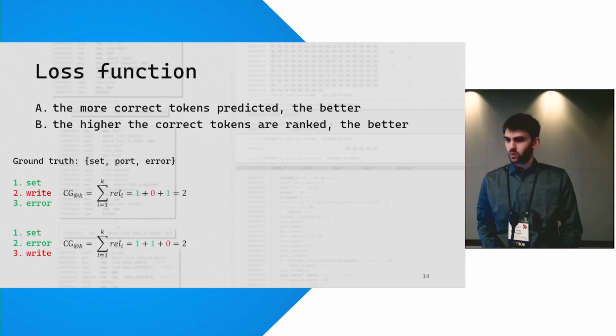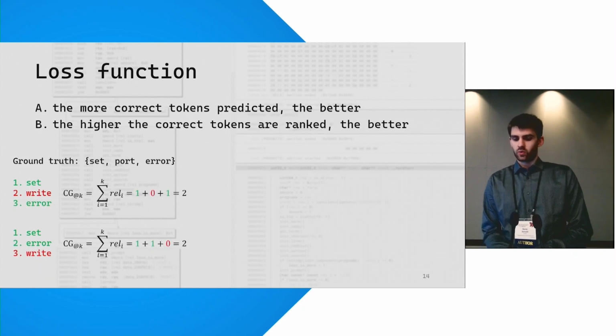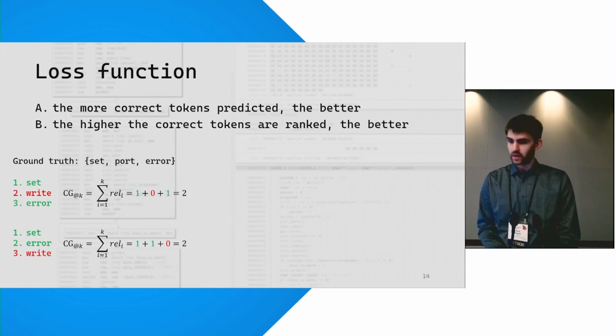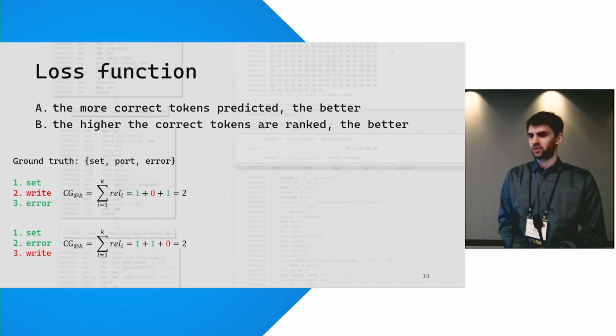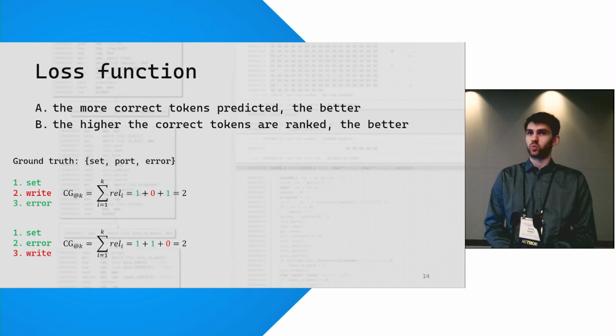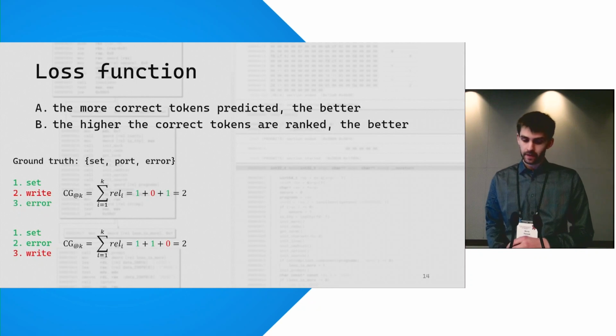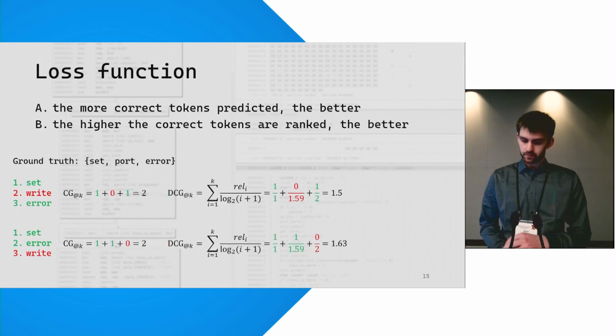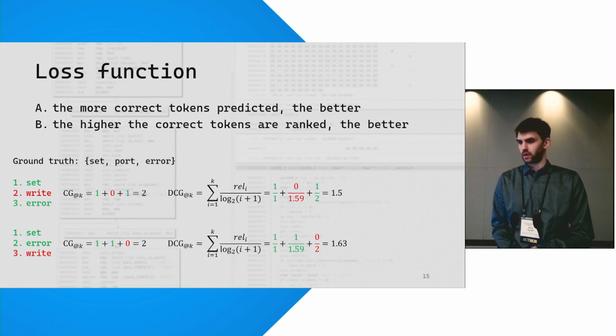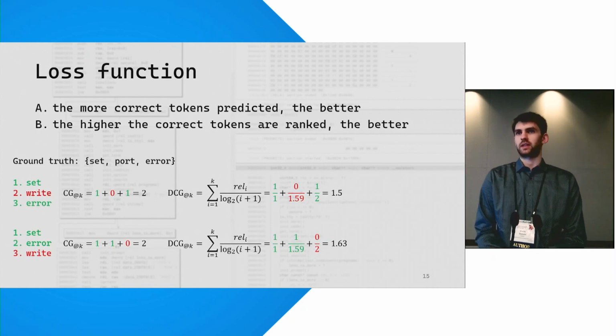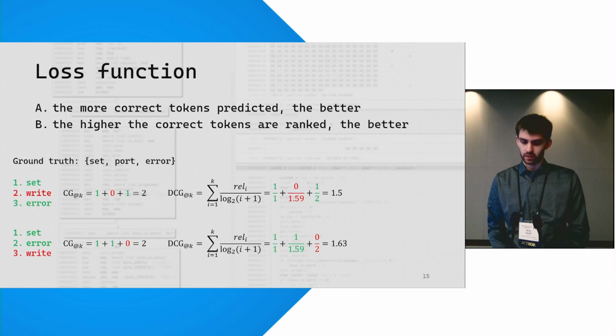As a first step, we can compute the cumulative gain. So we are just counting the number of correctly predicted tokens. This is not our end goal yet, because here we can see that the two predictions are scored the same, whereby the second prediction, the lower one, should definitely be better. So we introduce a penalty term that penalizes the lower ranked correctly predicted tokens, and thus we obtain the discounted cumulative gain. And here we can see that the discounted cumulative gain for the second example is scoring higher, as we wished.